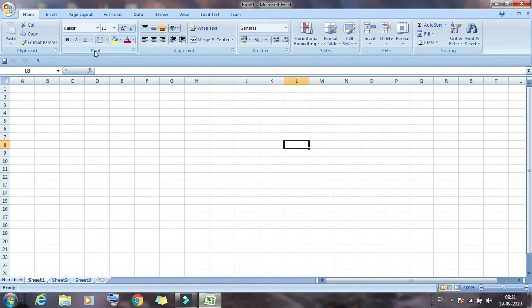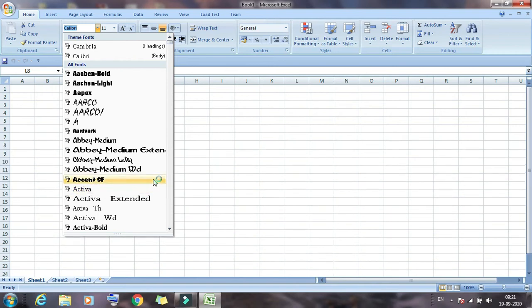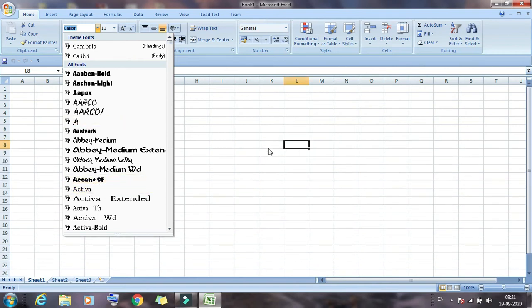And this is the Font group. With the help of the Font group, you can customize your font. Suppose you want to change the font style, then you press this drop-down icon, and many fonts are available. Select any font style, and the font will automatically change in the given sheet. Understand?